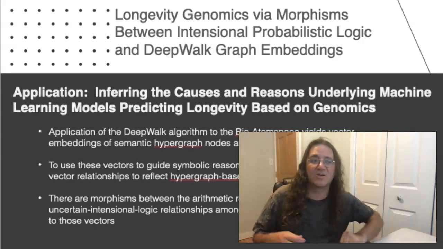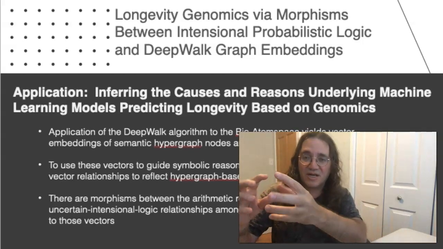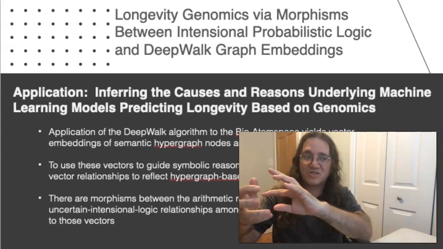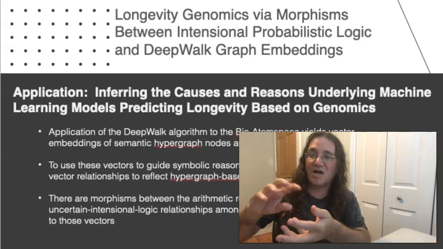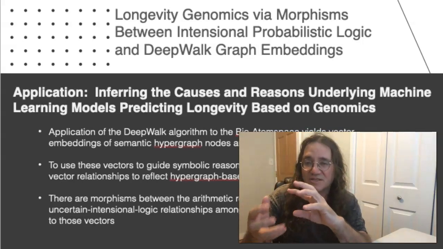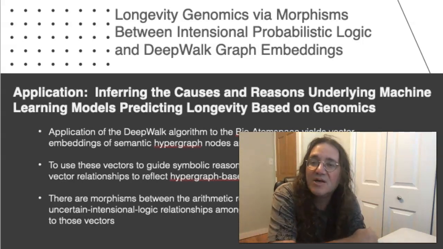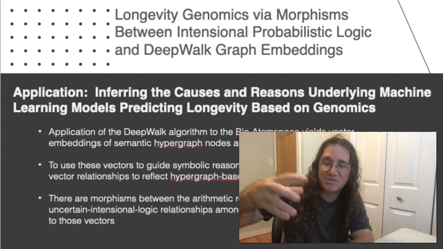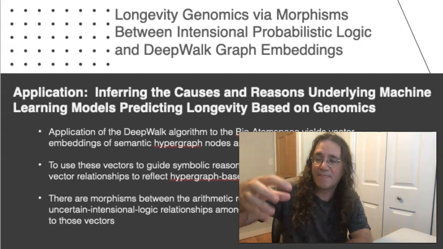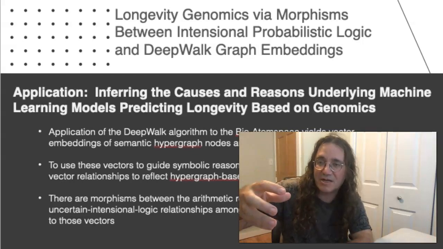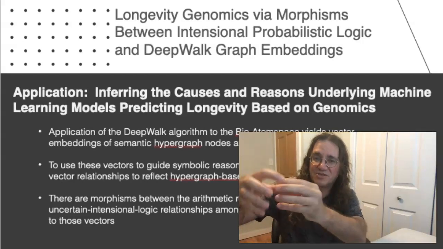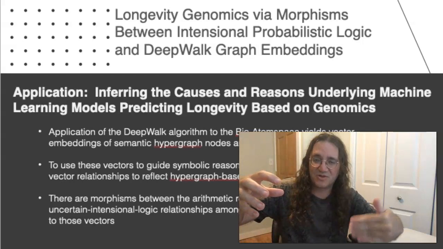In particular, what we've been doing is curating a weighted labeled hypergraph, which in OpenCog is called an atom space, full of knowledge derived from various biological ontologies, from biology research papers, and from the results of analyzing various genomic data sets. This is a large atom space with a lot of different nodes and links. And we've been looking at using the DeepWalk algorithm and our own variation of it to embed nodes from this bio atom space knowledge graph into a vector space.